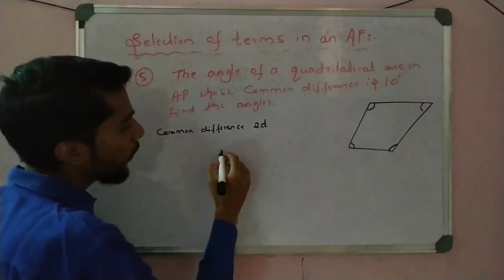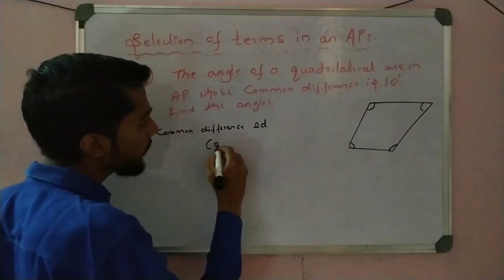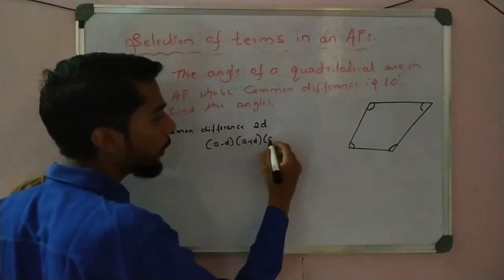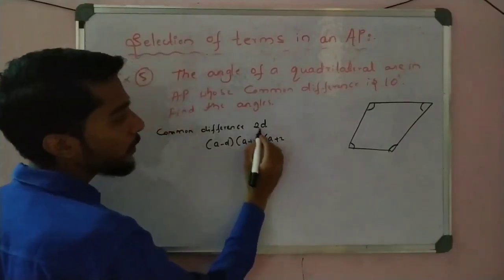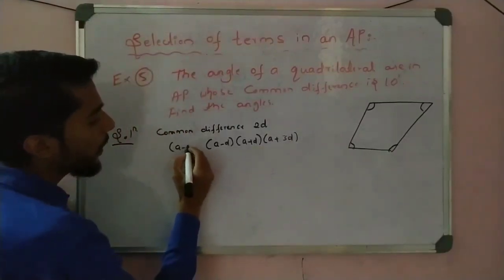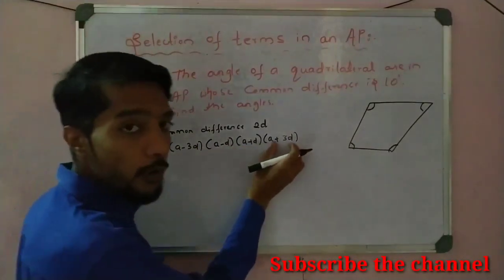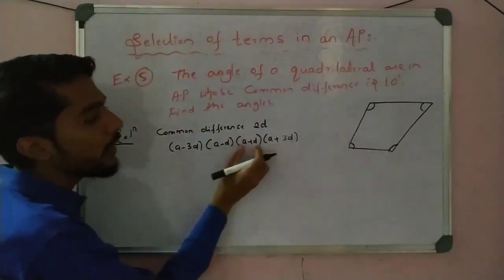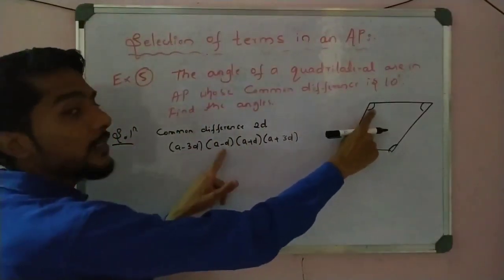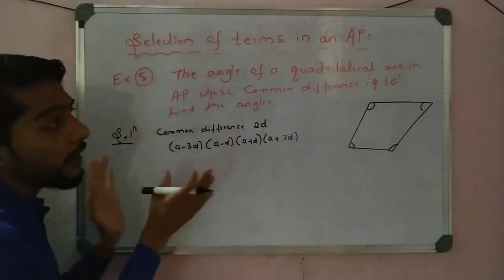So what terms are there? One term is a minus d, I can take here. One term is a minus d, okay. One term is a plus d. This side is a plus 2d, sorry 3d, d plus 2d, that is 3d, and here, okay, a minus 3d, plus 3d, minus 3d. So that is 1 term, 2 term, 3 term, 4 term. So that is called 1 angle, 2 angle, second and third angle, and fourth angle, correct? So this angle is a minus 3d, this angle is a minus d, this angle is a plus d, and this angle is a plus 3d. So 4 angles like that, okay, like that you have to apply.